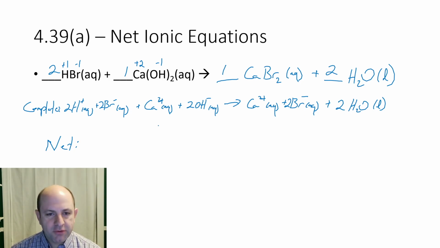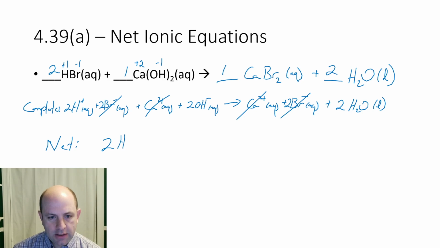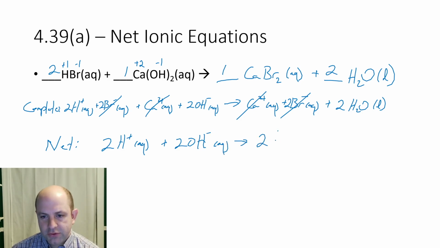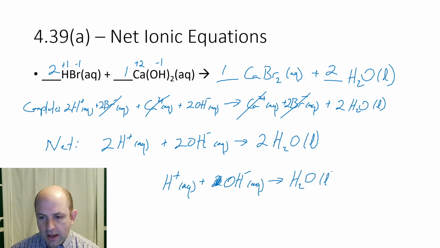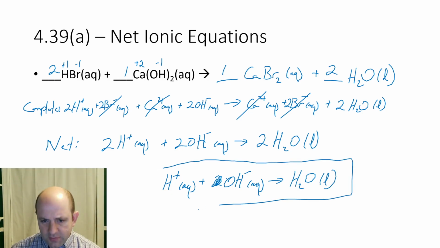where we say, well, what's the same on both sides? That'll cross out. Well, calcium's the same on both sides. The 2 bromides are the same on both sides. So what we have is 2H plus aqueous and 2 hydroxide aqueous becomes 2 water liquid. Then it is common if you have 2, 2, and 2, go ahead and simplify. So we'll just say H plus aqueous, hydroxide aqueous goes to 1 water liquid, and that is the net ionic equation, which is good because that's an